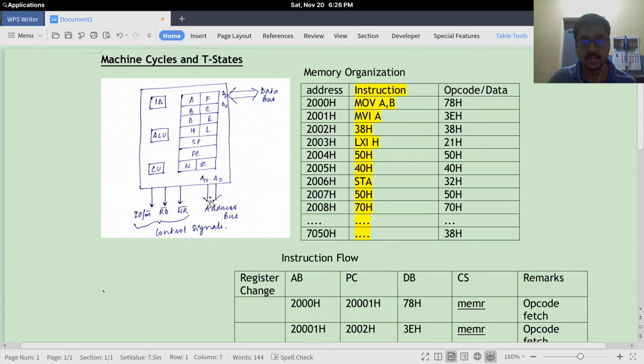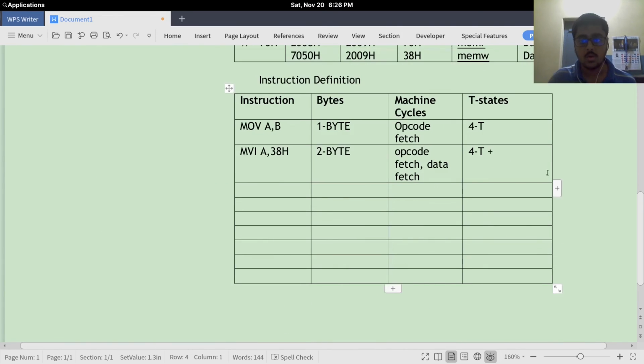We send the address to the address bus, then we send a control signal which is the read, then we get back the data, but we place the data directly into the accumulator because the instruction is MVI A. We are avoiding one step of sending the data to the instruction decoder. So this is 3 T states, which is a total of 7 T states.